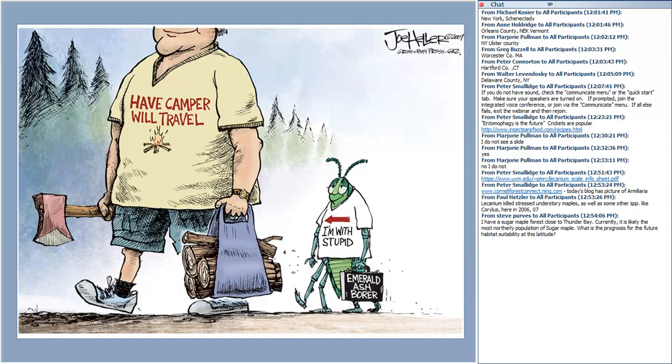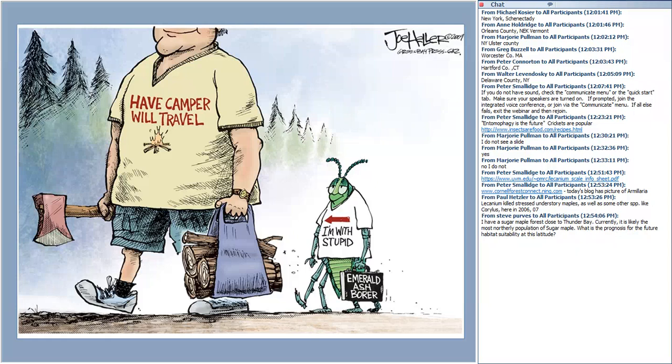So Paul Hetzler, we know Paul, our friend up in St. Lawrence County. Yeah, thanks, Paul. He says that he sees that Lecanium scale killing understory maples and Corylus, the hazelnuts, in '06 and '07. Interesting. So Mark, I'm taking from this that Lecanium attacks more than sugar maple? Yeah, it's a broad-based insect.